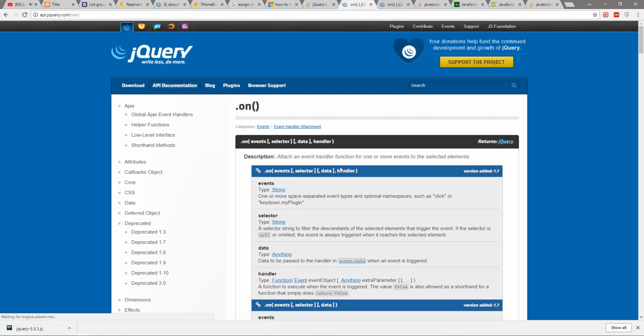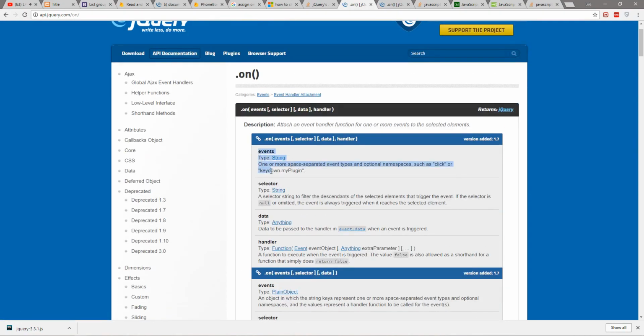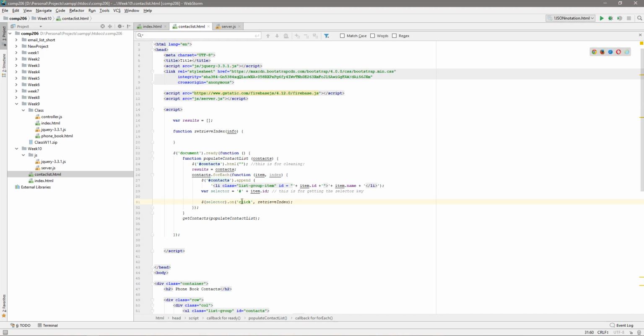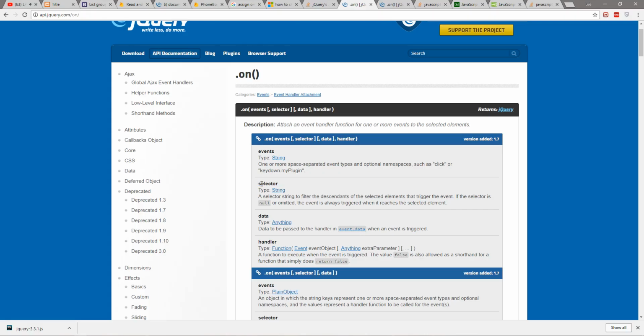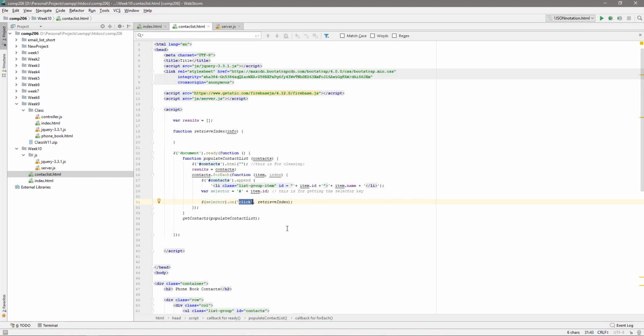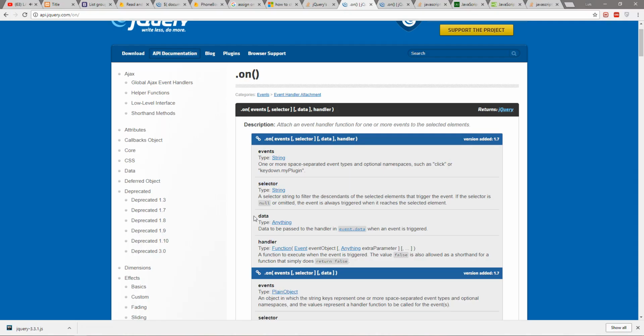And in on, you will see the definition is this. First, what the event is. So the event is click. Then the selector. Well, I don't have any selector. So the data,